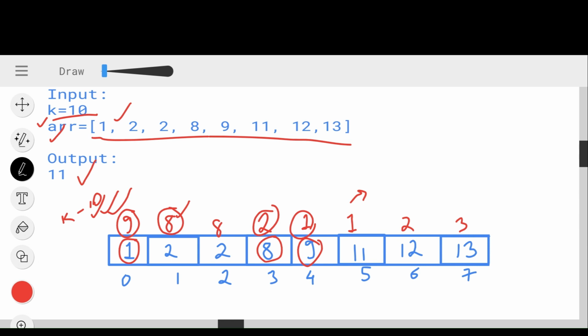So here we can observe that the smaller the distance, the closer the element. The smaller the difference, the closer the element. So 9 and 11 are the closer elements to 10 because they have a smaller difference. But we need to return only one element.